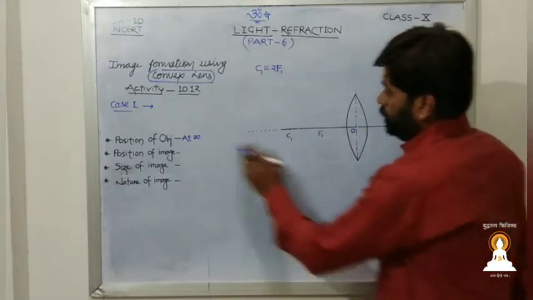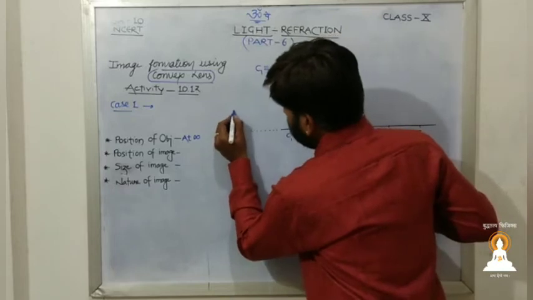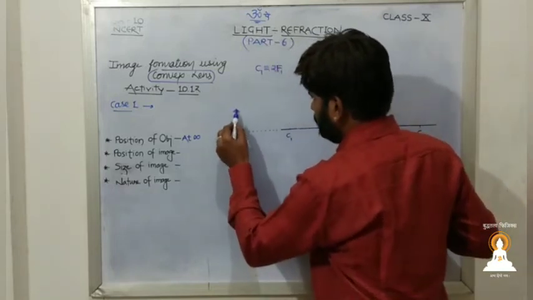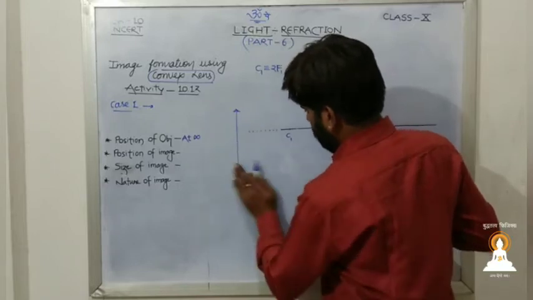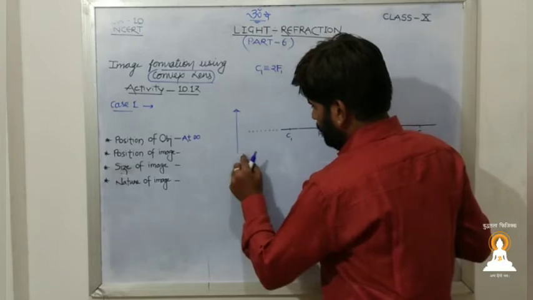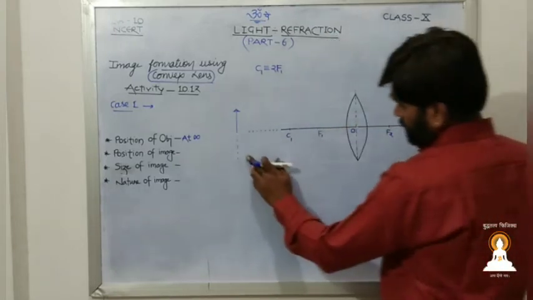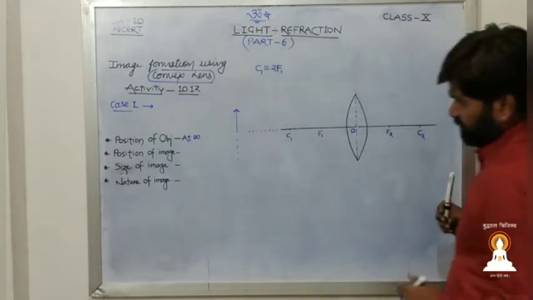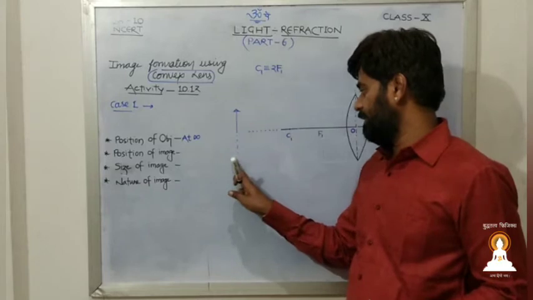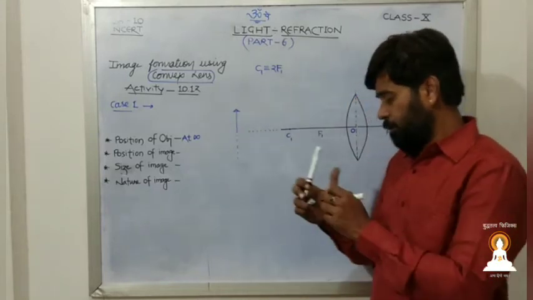Now the position of the object is at infinity. If the object is at infinity, then I may put the object like this. It should cover the lens, but it should not exceed it, because we have to draw the diagram. Just below the principal axis the object will be dashed, although it will not actually be below the principal axis. As it is at infinity, that's why we are going to take it as bigger.